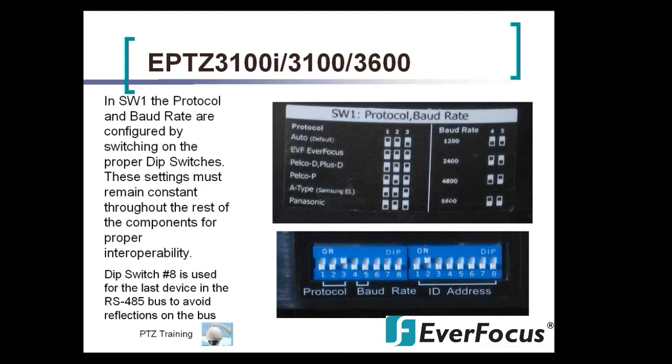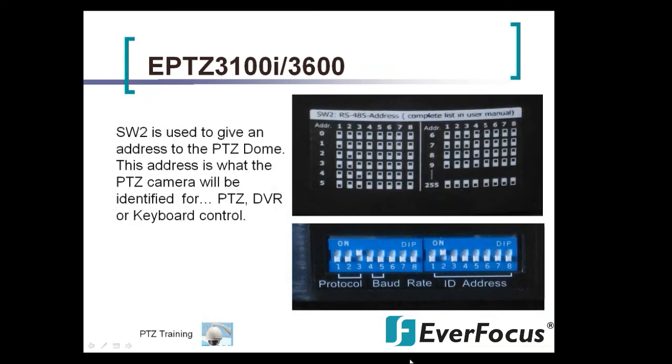Okay, for the EPTZ 3100, 3100i, and the 3600, SW1 again is the protocol and the baud rate, and you want to make sure that those proper dip switches are set correctly, and they must remain consistent throughout the rest of the components. And again, like I stated earlier, dip switch 8 on SW1 is considered your termination. So dip switch 8 here is your termination switch. Okay, and on the SW2 for the EPTZ 3100, 3600, that is the